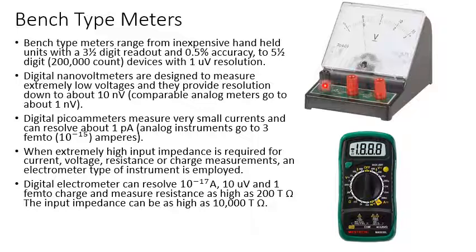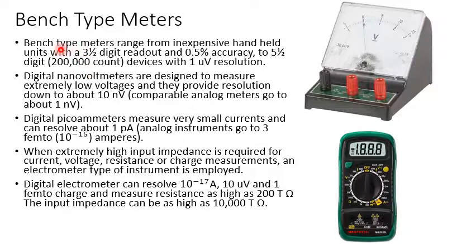There are two reds and one black. If you use these two, I think you will be able to use 0 to 3. If you use this one and this one, then you will be able to use 0 to 15. And the second one is your digital meter. It requires an internal battery.